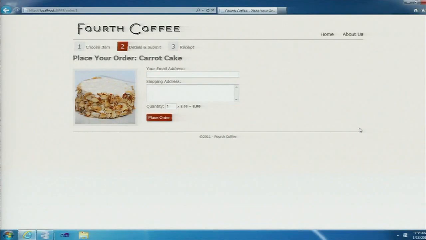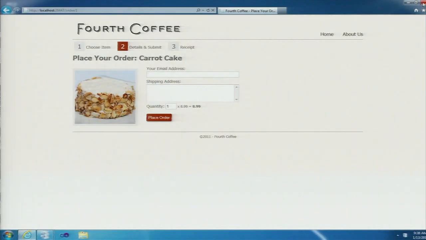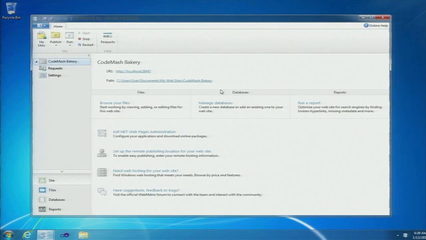Now, this template, I want to add to it. I want to create functionality. First of all, I want to let people who visit the site know whether an item is in stock or not. And secondly, I want to add PayPal functionality so I can take transactions and make money off of my site. So let's go back into WebMatrix and add the stock capabilities first of all.